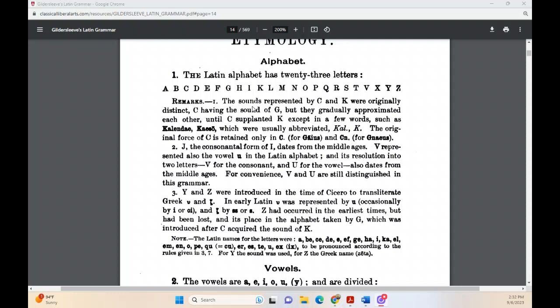The first remark says, the sounds represented by the letters ke and ka, that's how you pronounce these letters in Latin, ke and ka, or ke and kappa, the sounds represented by these two letters were originally distinct. They were different. The letter ke had the sound of ge, but they gradually approximated each other. That is, they gradually started to sound more and more like each other until ke finally supplanted ka, except in